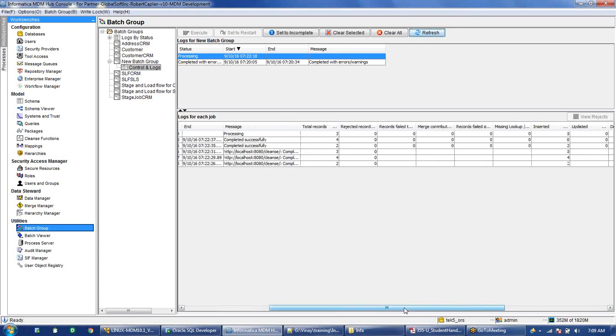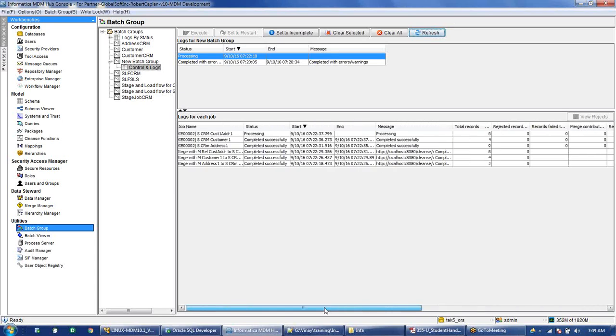This time all the records are loaded in the tables: address table, customer table, and the relationship table. So now we can go and see the data directly in the hierarchy manager.